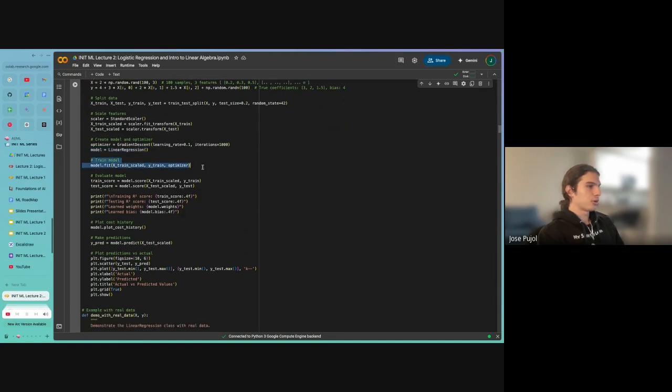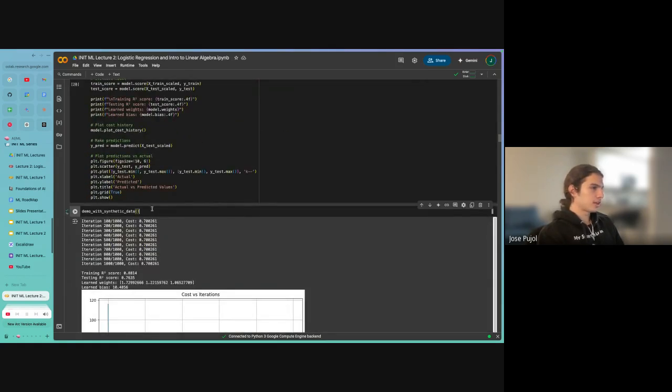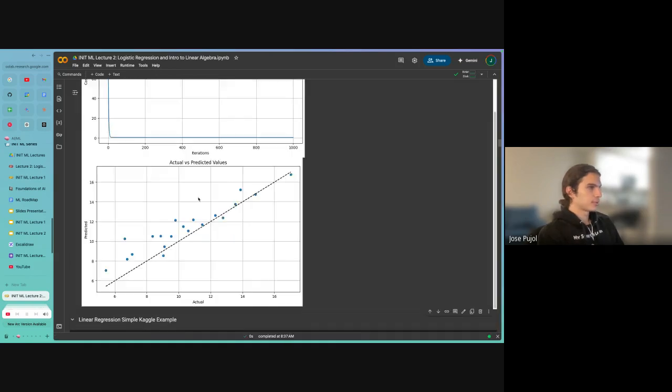Then we're going to train our model just using fit. I'll also show you a library called scikit-learn, and this is very similar to how that library does it. The rest is mainly plotting to see how well we're doing. So if you run that demo example...